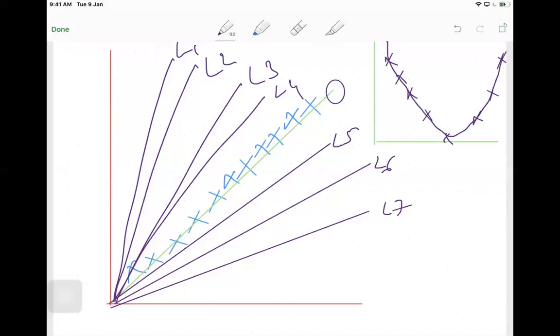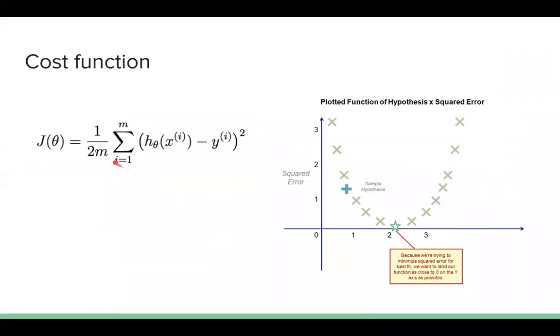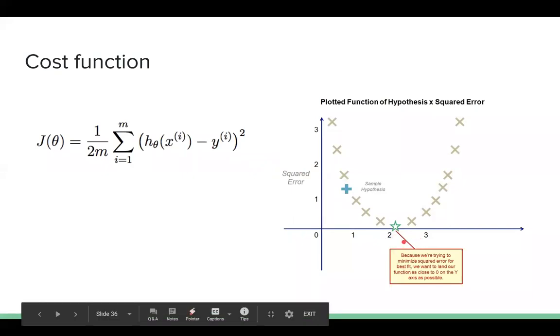Now you can ask me, what is the x value here? X value is nothing but your slope, the theta 1. What will be the y value here? Y value is nothing but your h theta of x, which is nothing but your error. I'm sorry, not h theta of x. It's j of theta, sorry, in our representation. In the previous representation I have just shown you, j of theta is nothing but your error. So this y-axis is nothing but your j of theta. X-axis is nothing but your multiple theta values.